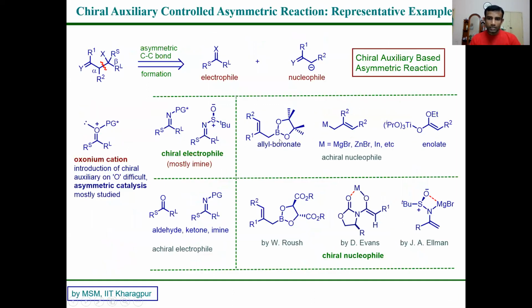Now, with this slide, what I want to show you, we have to study all these reactions in a very general way. Okay, we don't want to study individually. There are enormous reports, so if you want to study them, it will take several hours. But you don't need to. First, let us discuss the concept.